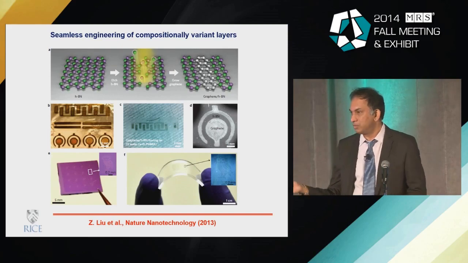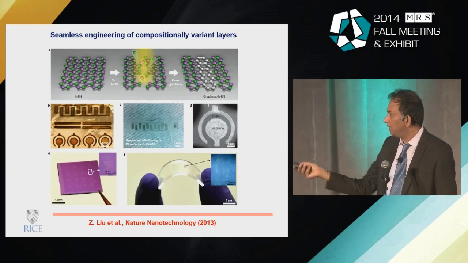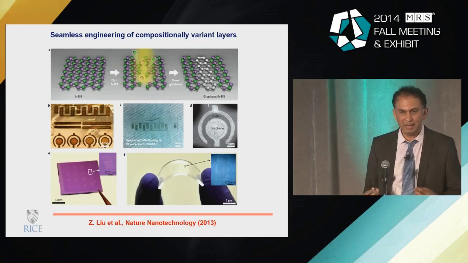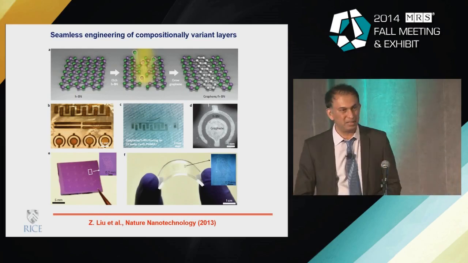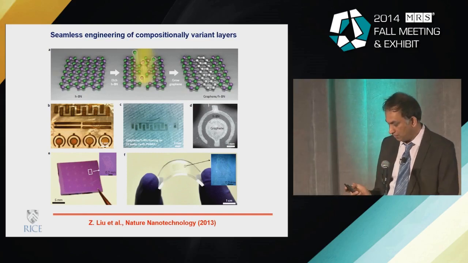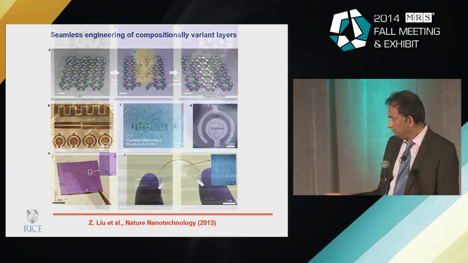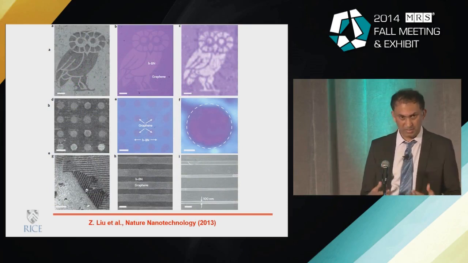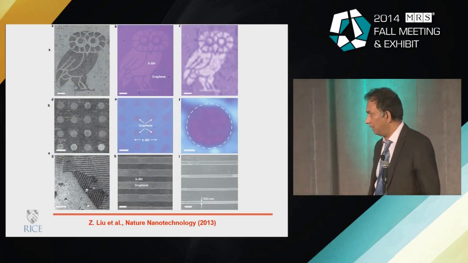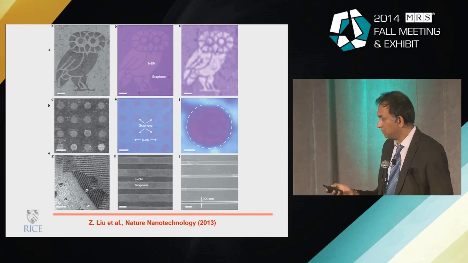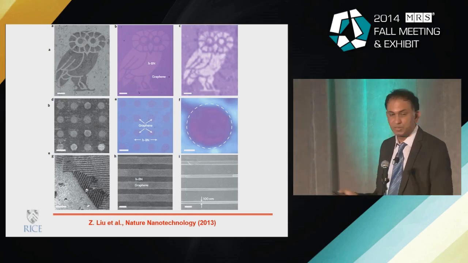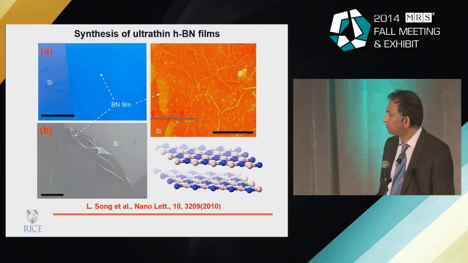So once you grow those, you can actually peel them off and put them on a different substrate. So they're very robust, hybridized atomic layers that can be utilized for various purposes. And you can go to very thin regions as well. These growths can be sequential, and they can produce very fascinating structures, things like antennas and other simple devices, but also maybe complicated devices.